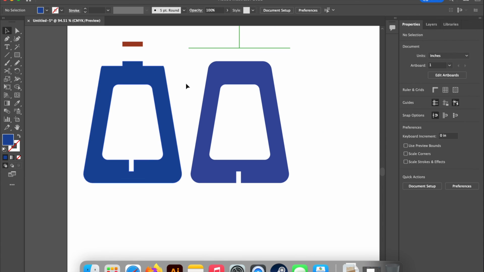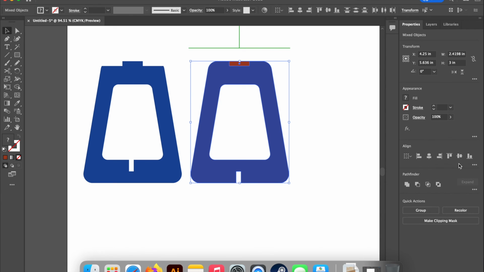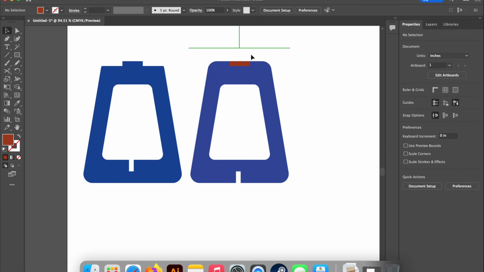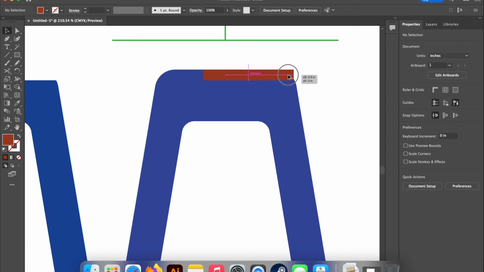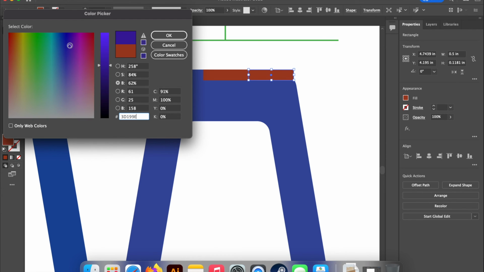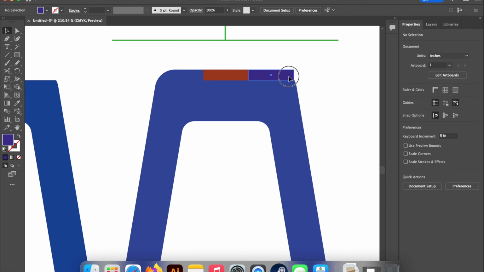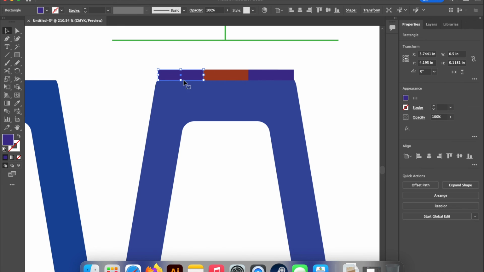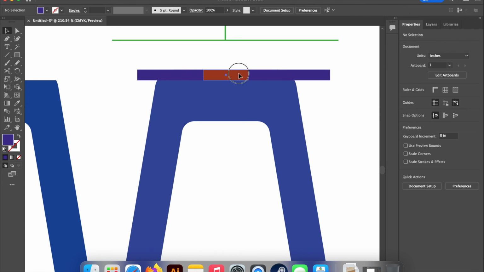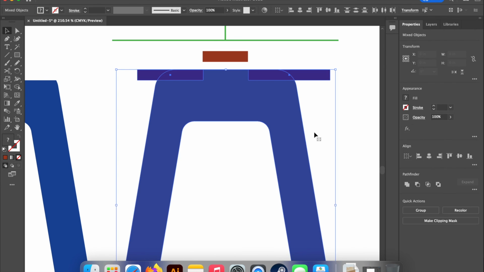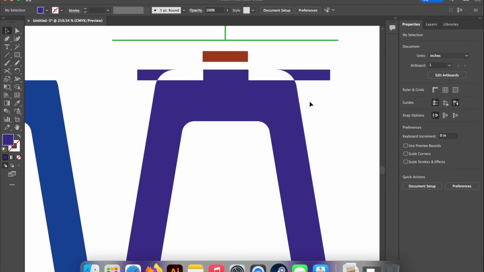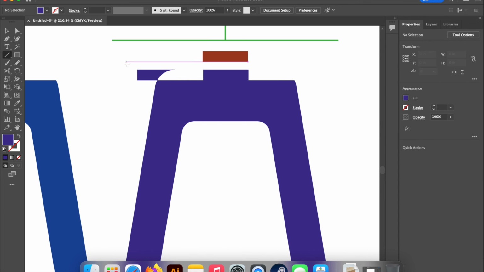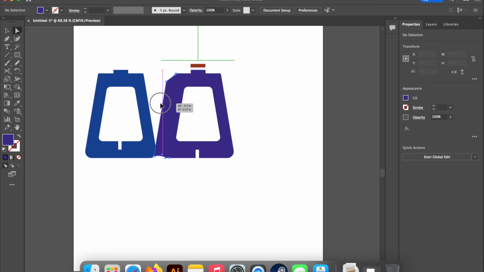So then I'm going to do the same thing with this guy. I'm going to take this over, center it, pull it to the top, copy it. I'm waiting until that little pink line pops up, that intersect line. That's how I know that those two rectangles are actually matching up. Pull this guy up, and then I'm going to eliminate them. And now I have these two legs that are matching,